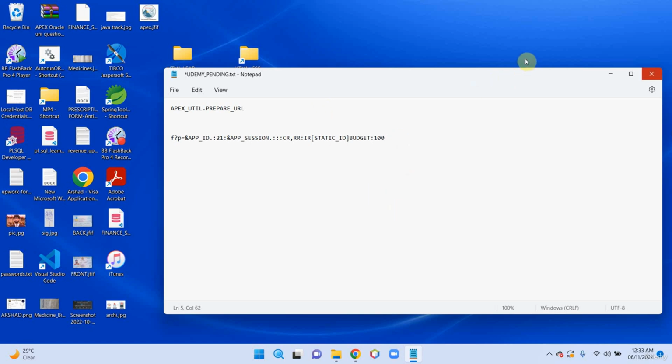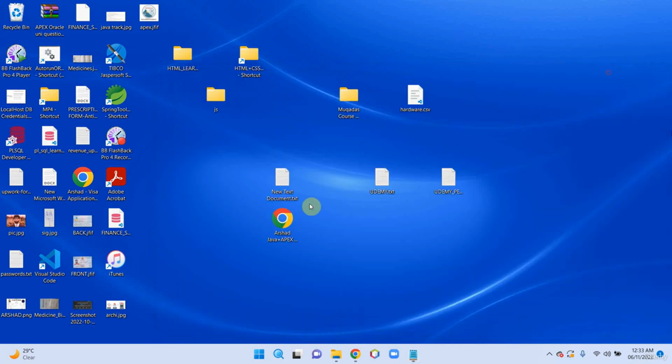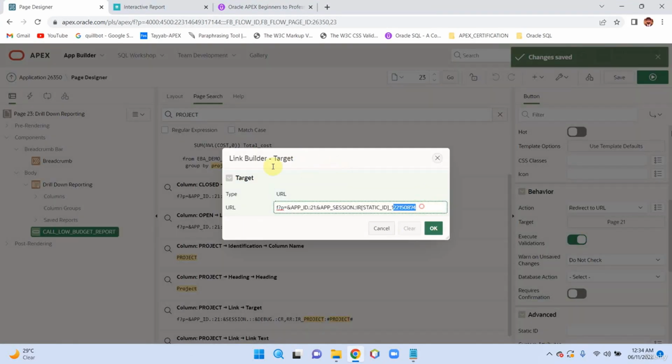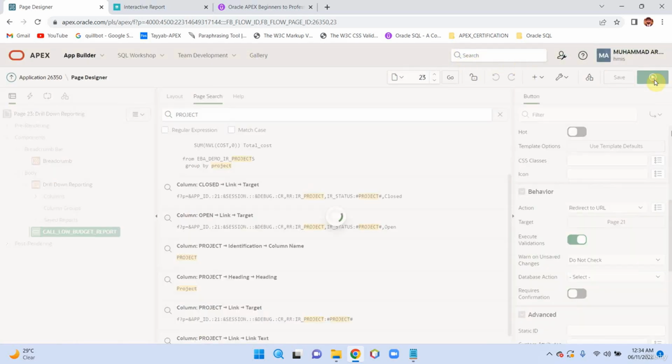So copy this URL and paste it here. Run your page